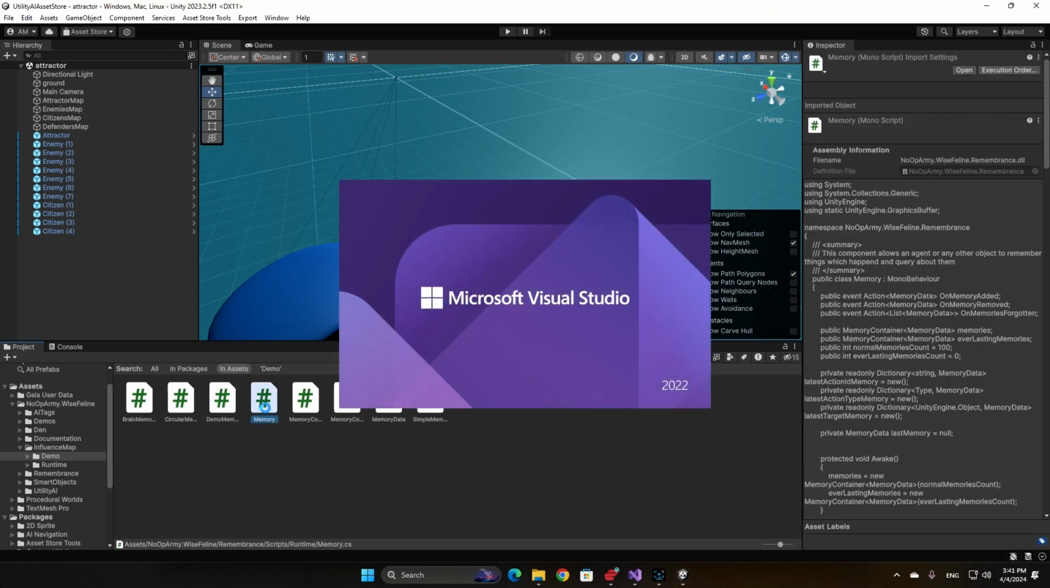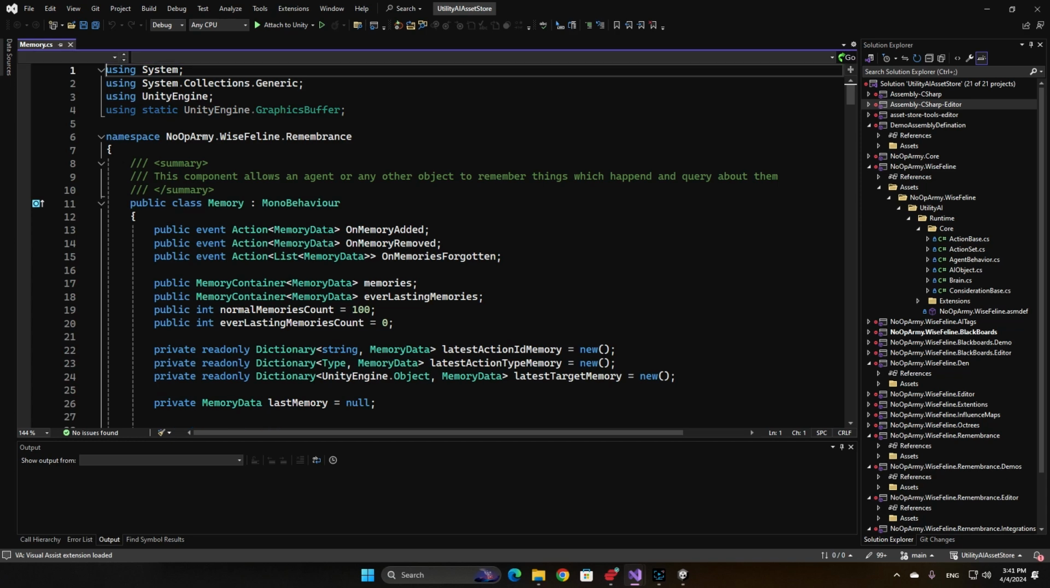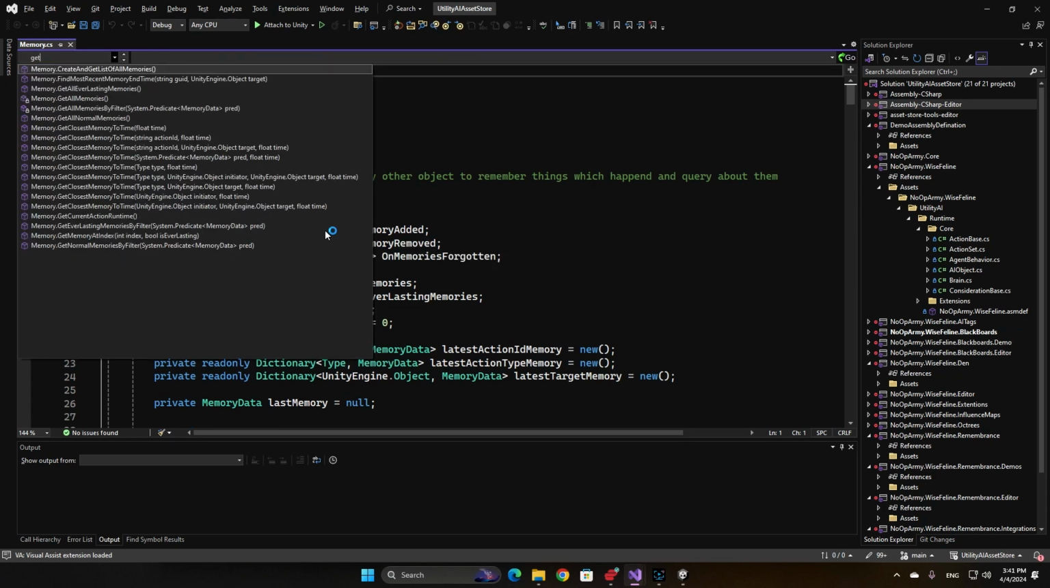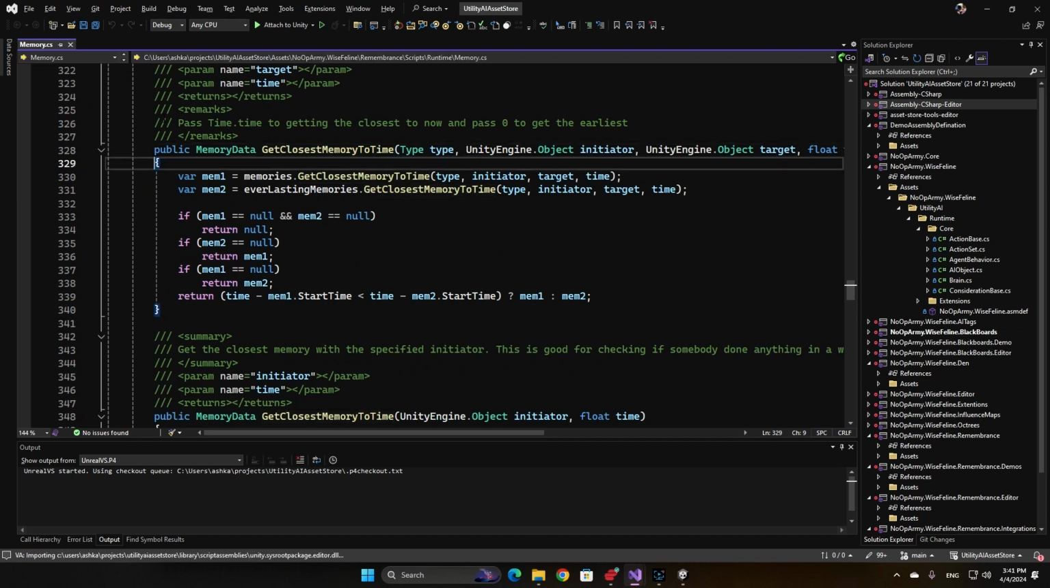And most people not only code different overloads, but worse, they code it in a way that they go through the array of memories or list of memories multiple times. So we have lots of get closest memory overloads as you see here. And in the underlying containers,